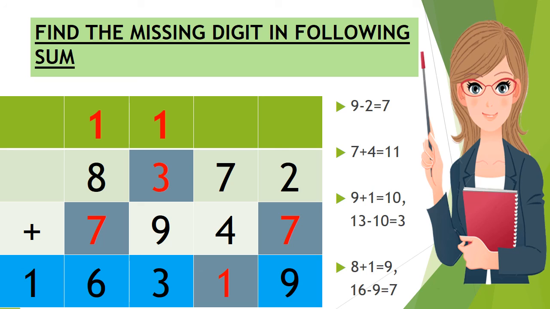So what is the manner to find out the missing digit? You have to subtract or add the given digits known to you. If 2 of the addends are given, just add. If one addend and one digit from some column is given, then you have to do the subtraction. So in this manner students, you have to solve this kind of problem.